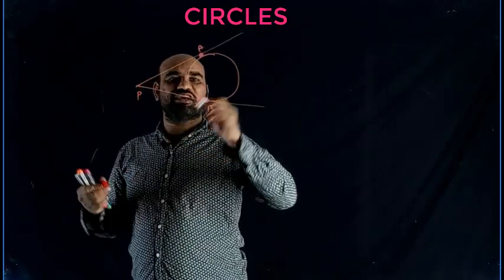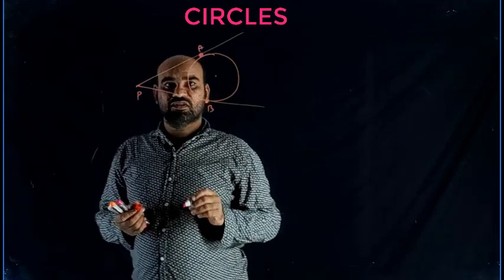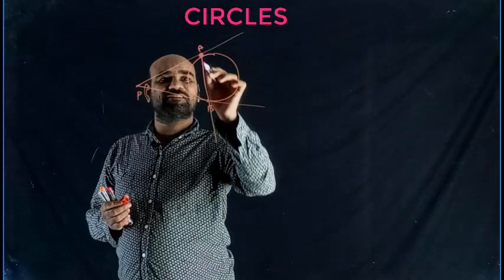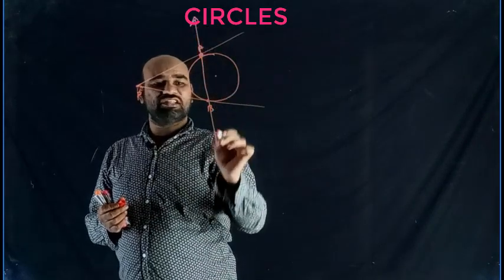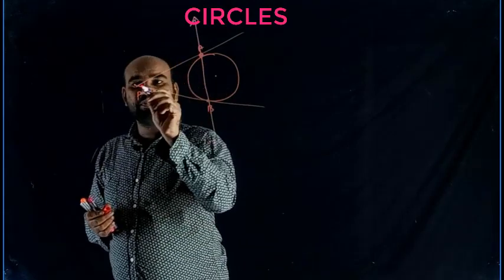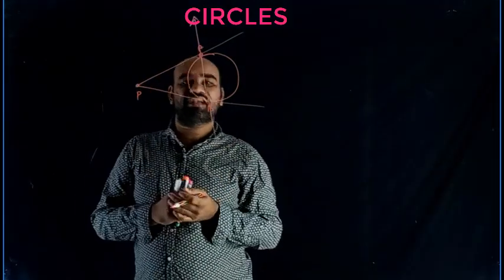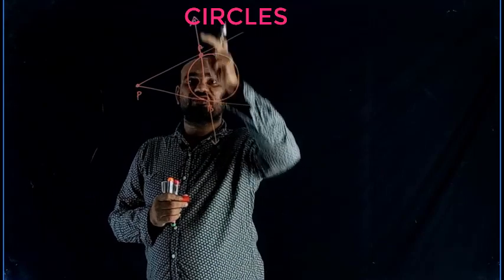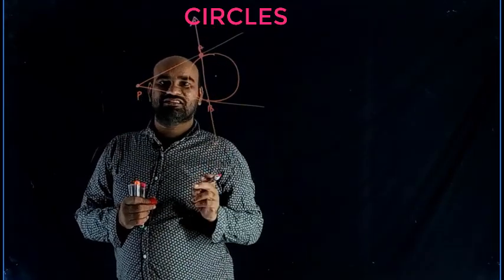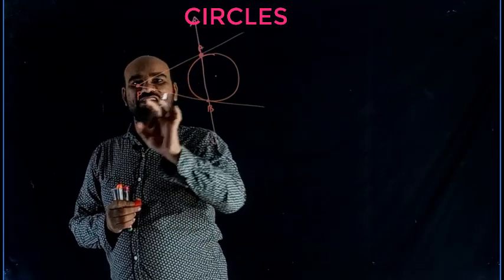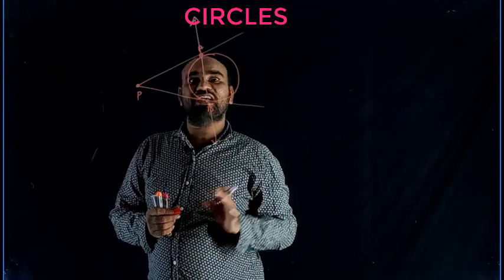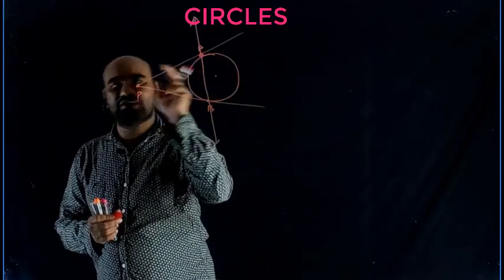This is somewhere the center here. If you join A, B and extend, you get a line. Actually, this line is a secant to the circle, but with reference to P, the line is called chord of contact. Chord of contact is the line formed by the points of tangency of the tangents drawn from an external point. So here the line AB is called the chord of contact of P with respect to this circle.